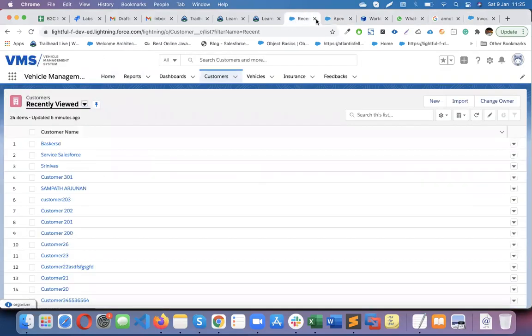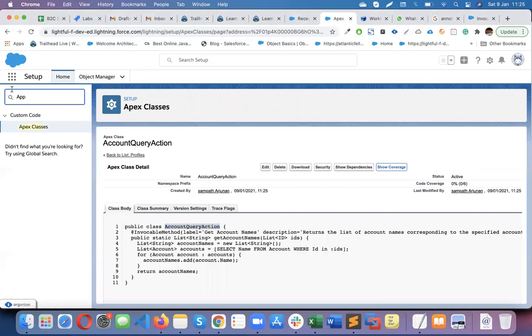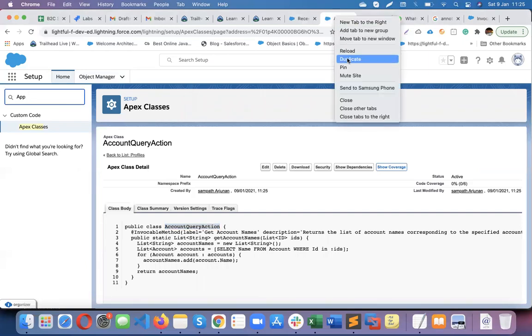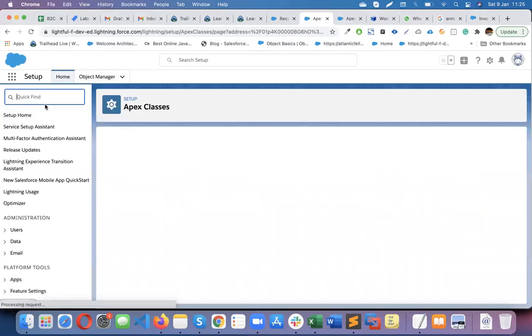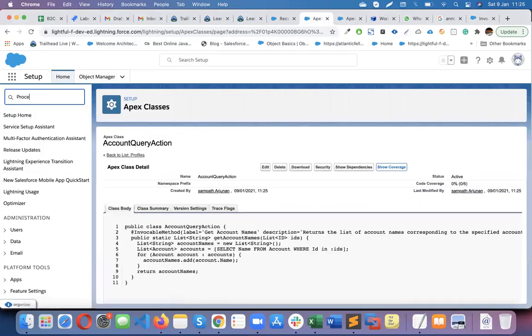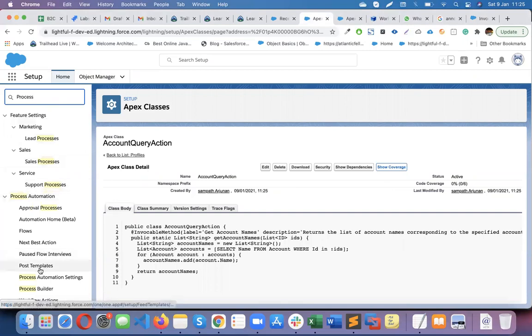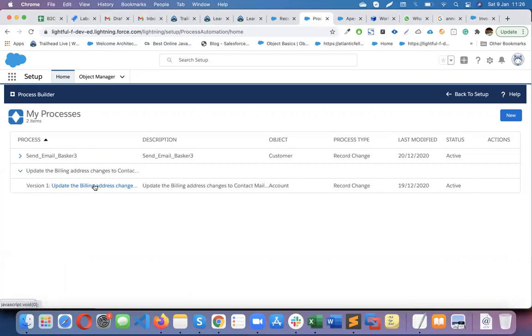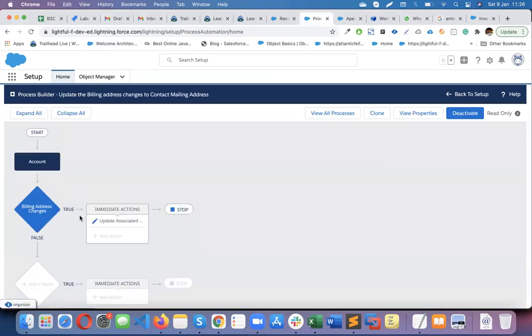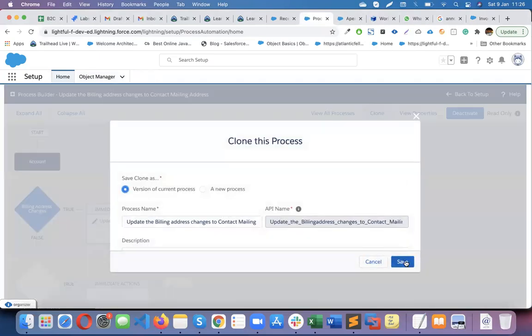Now, if you go to a process builder, or even in flow, I will use an existing process builder, any process builder. Okay, I'm using the existing process builder, and I will clone this.